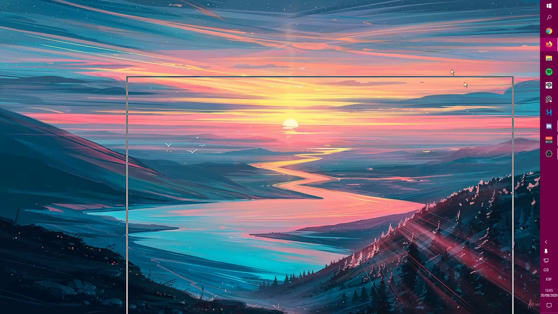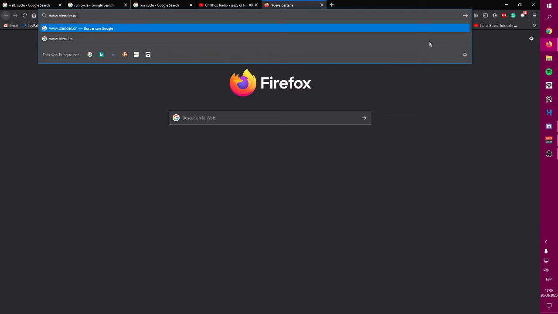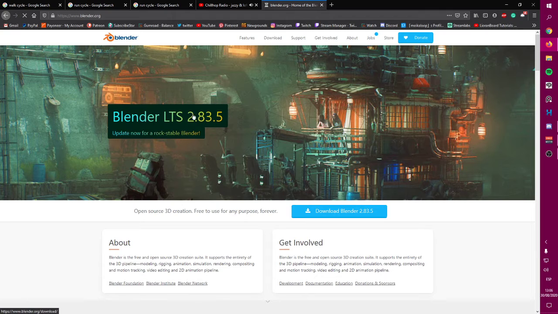To those who don't know about Blender, let me show you where you can get it. You just have to go to blender.org. And the most stable version is the first one that you can download, and it's the one that's gonna have the 2D animation settings. So just go here and download it. It's that easy. It's free. It's open source. It's always been and it's always going to be like that.